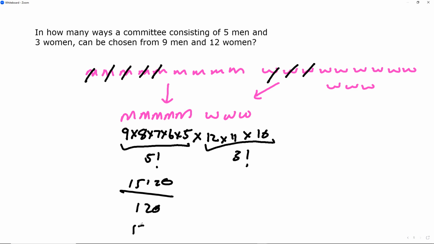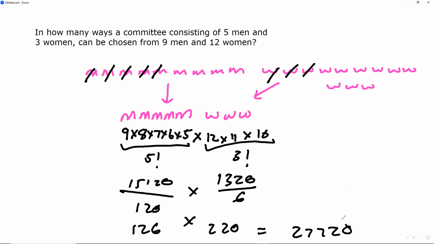So this will happen in 126 ways. Then we've got 12 times 11 times 10, which is 1,320 divided by 3 times 2, which is going to be 6. 3 factorial is 6. And so we divide it by 6, comes to 220. And then we multiply those two. So 126 times 220 is